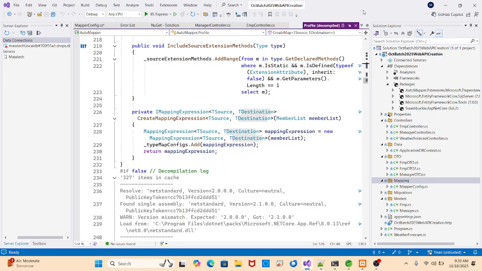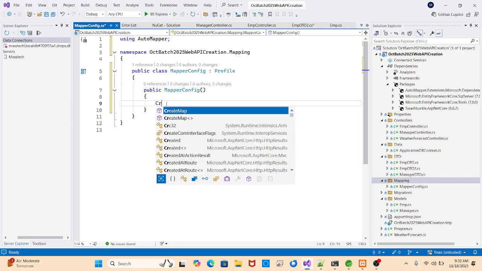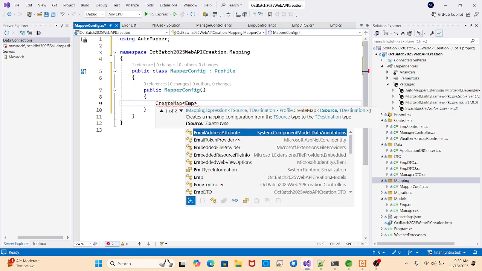Okay, we'll see here only directly. So we have to use which method, that is CreateMap. In CreateMap it's taking the source and destination. So now what we want here, first of all the source, but what source will we pass here? Now we are just looking at the fetching part first of all. So for the fetching, what will it take, from model to DTO or DTO to model? My model name is, let's say, I am just looking for Employee,